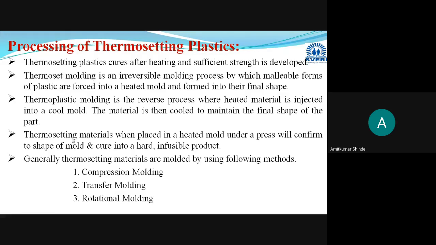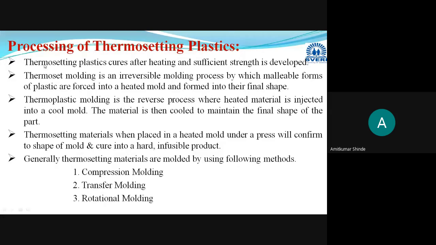Whichever processing or molding operation you perform on thermosetting plastic materials, it will be an irreversible process. You can perform it only once. The point I have highlighted here is that thermosetting plastics cure after heating and sufficient strength is developed.